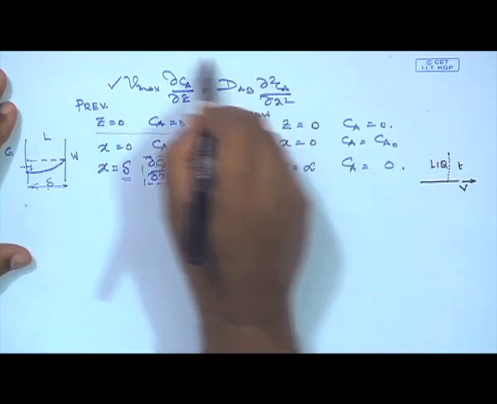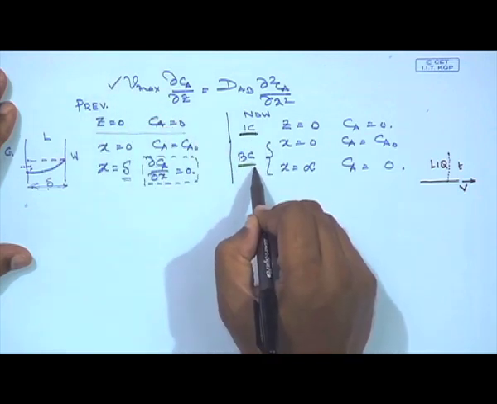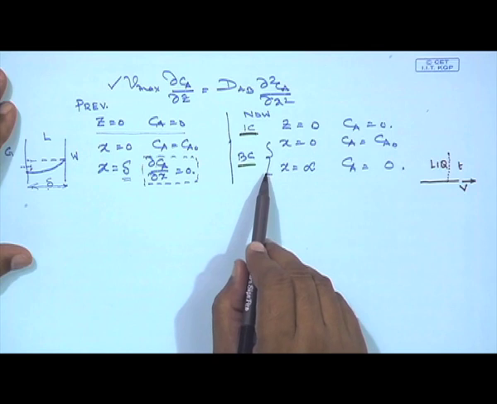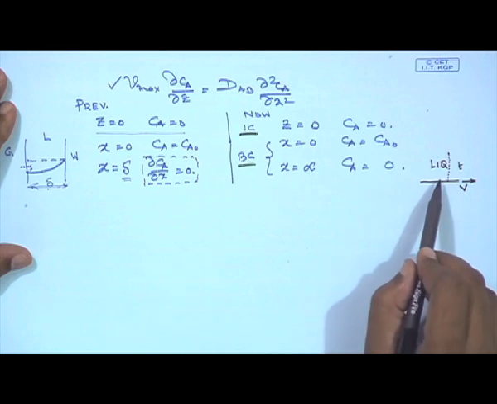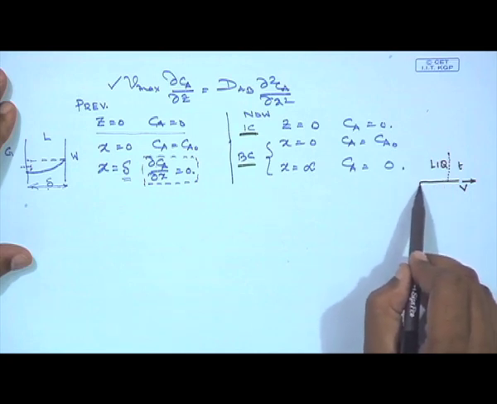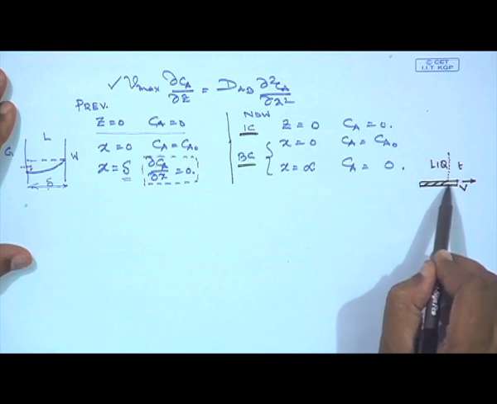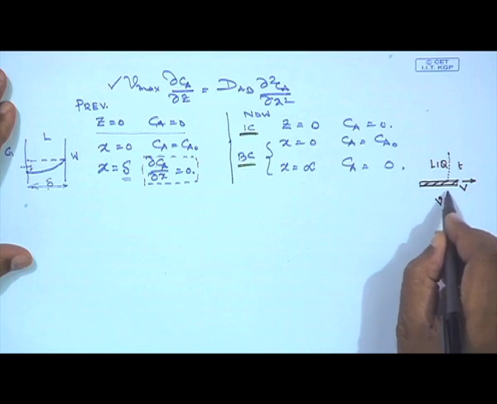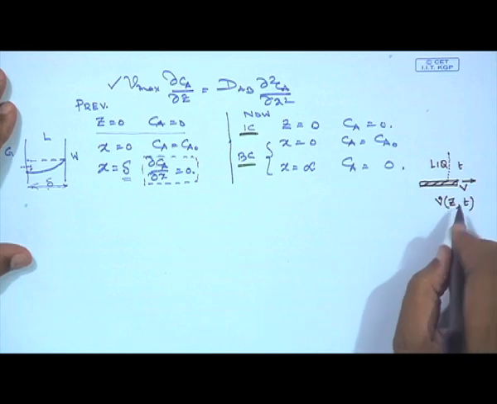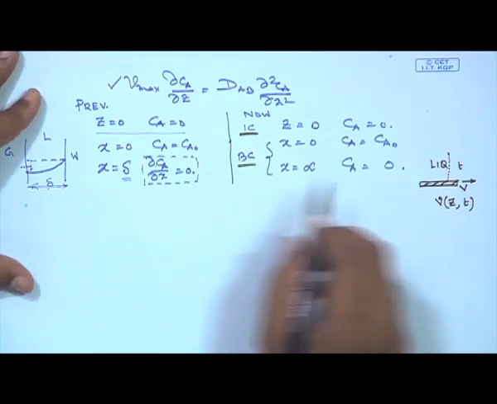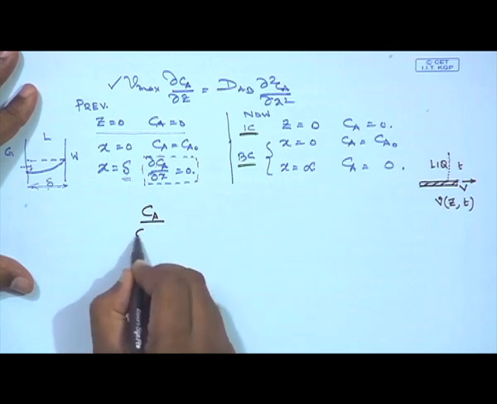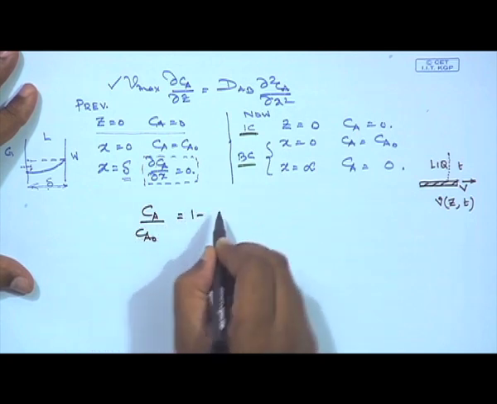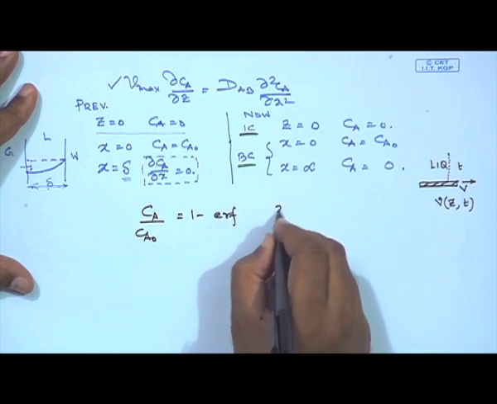An equation with this set of boundary conditions and initial conditions is a prime example of the method of combination of variables. I did this while solving the problem where a plate is suddenly set into motion, finding velocity as a function of distance, let us say z, and time, and there we saw this gives rise to an error function solution. I will not do this since I have already done it in the class,